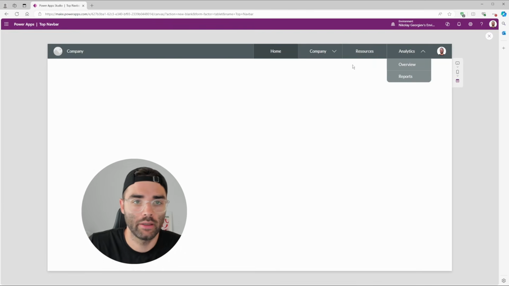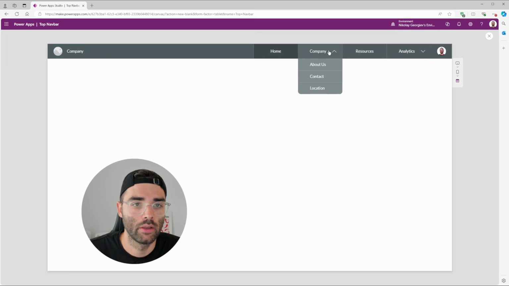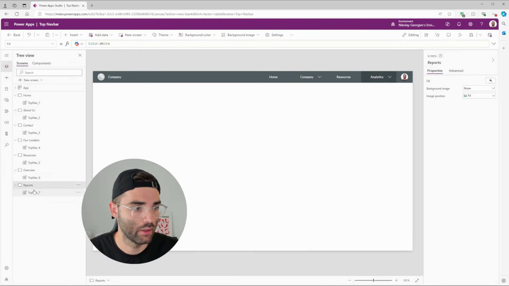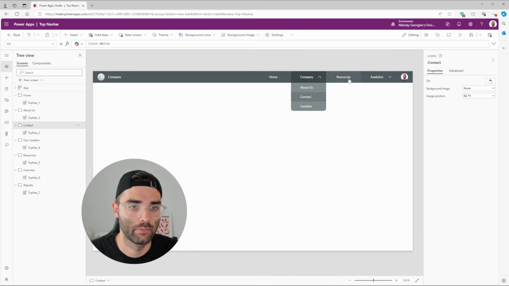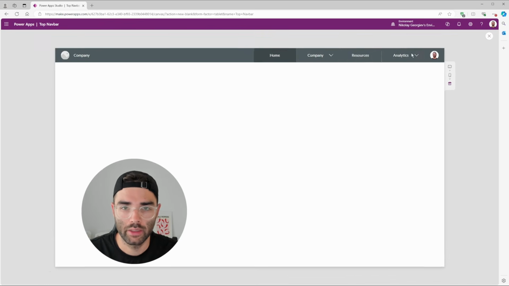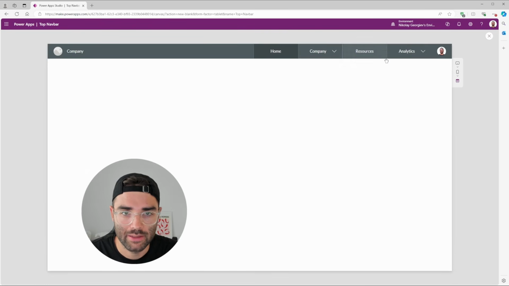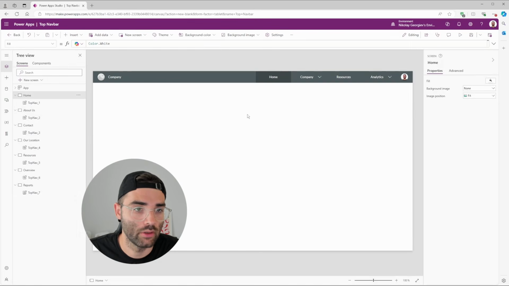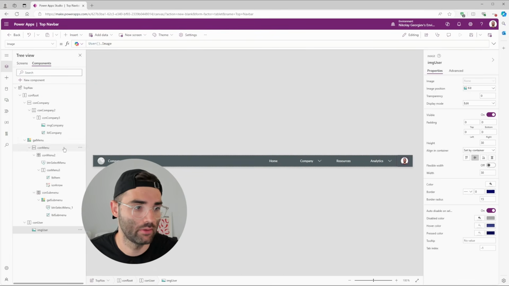And so if we click play, we can click home, expand company, go to the about us page, and it's going to navigate through all the pages. And you can see if we show it with the screens visible, you'll see it navigating back and forth through all the pages. Now, when we click preview, you'll notice that there's still some white spaces between the gallery items. And I don't know if it's a bug in Power Apps or not, but if someone knows, please let me know in the comments. The way I've been able to fix this is go back into the components,